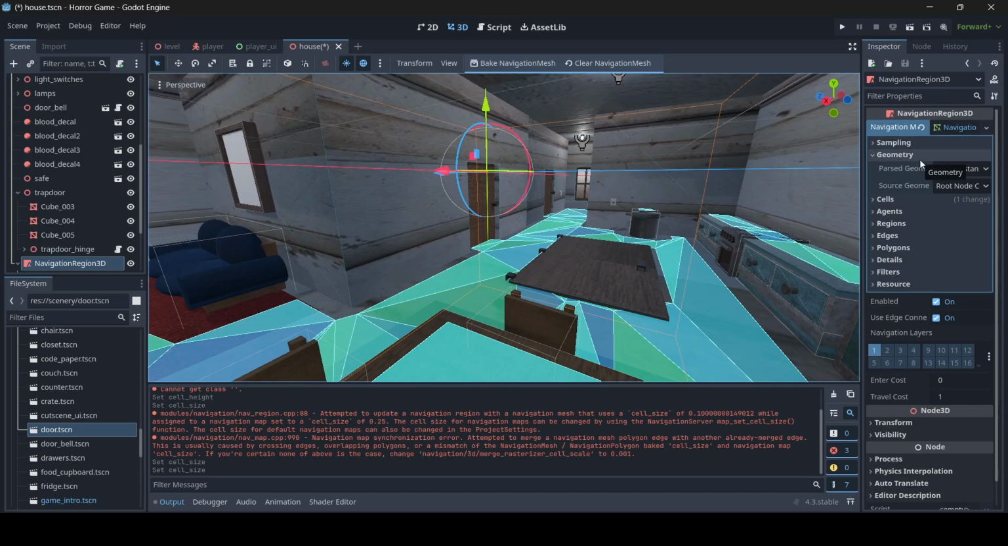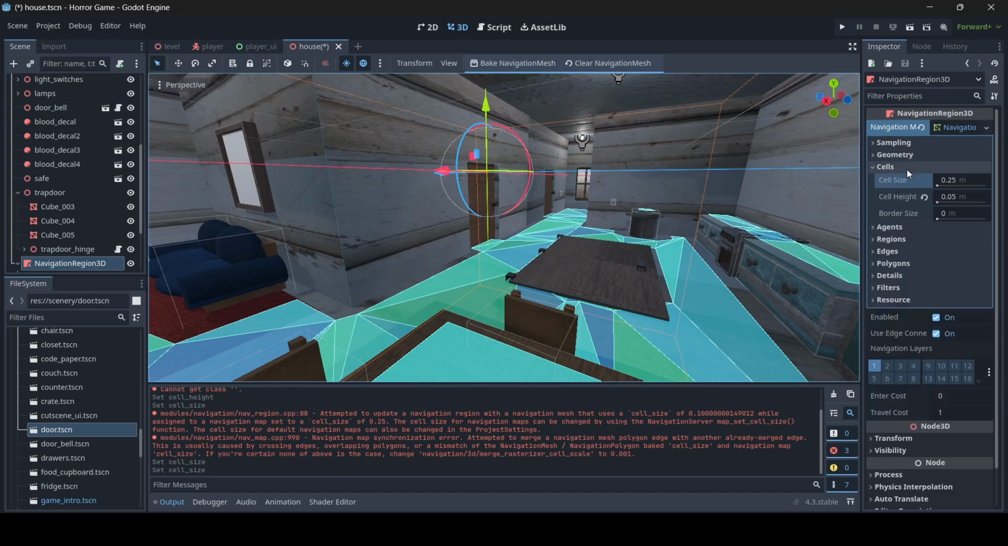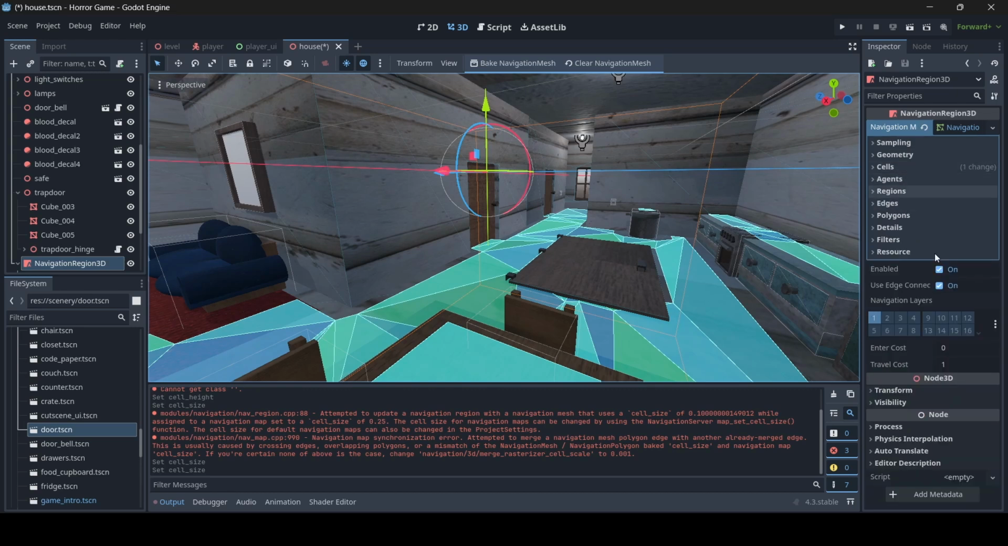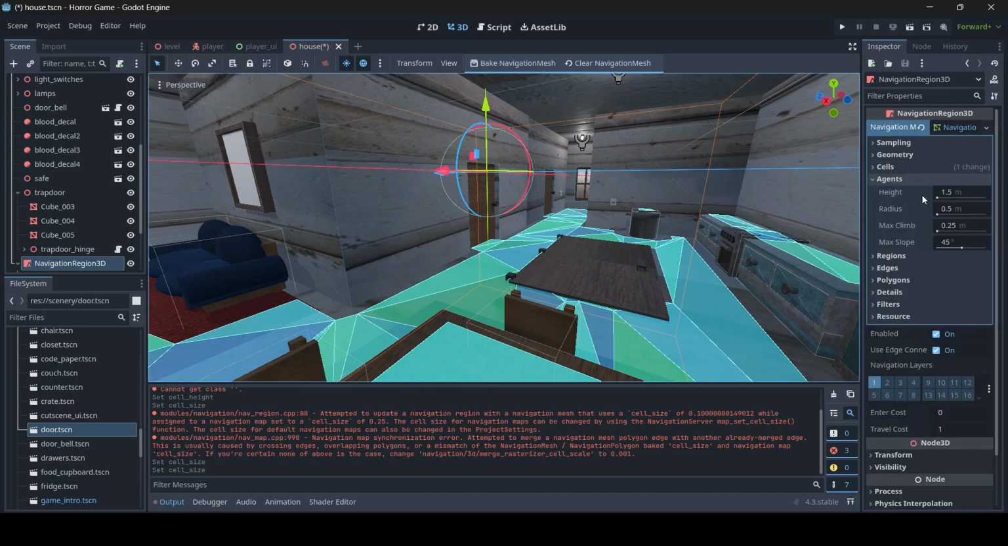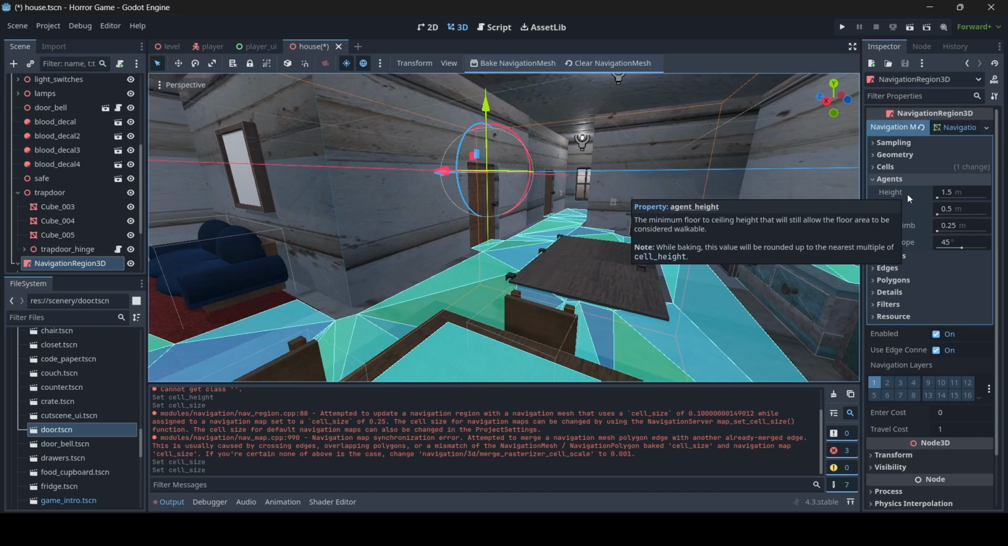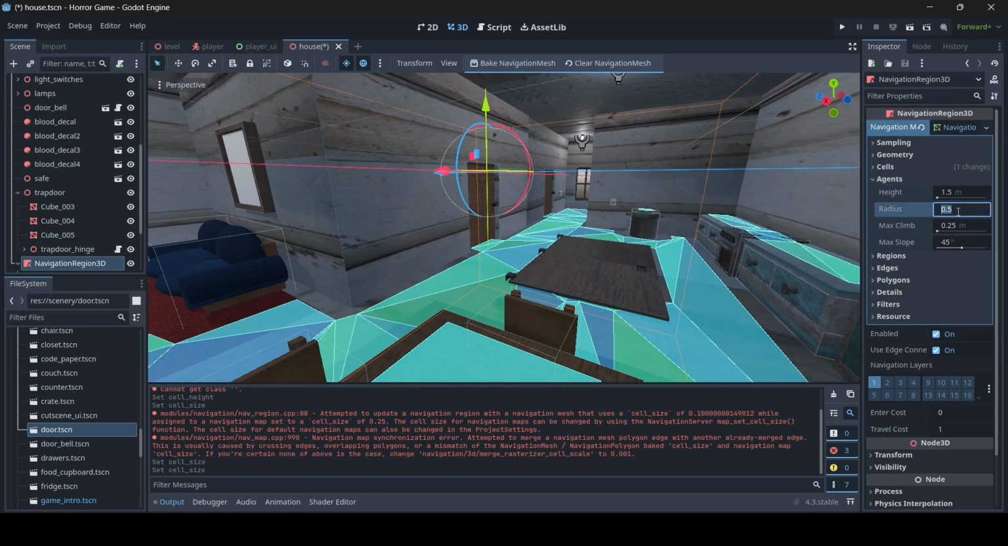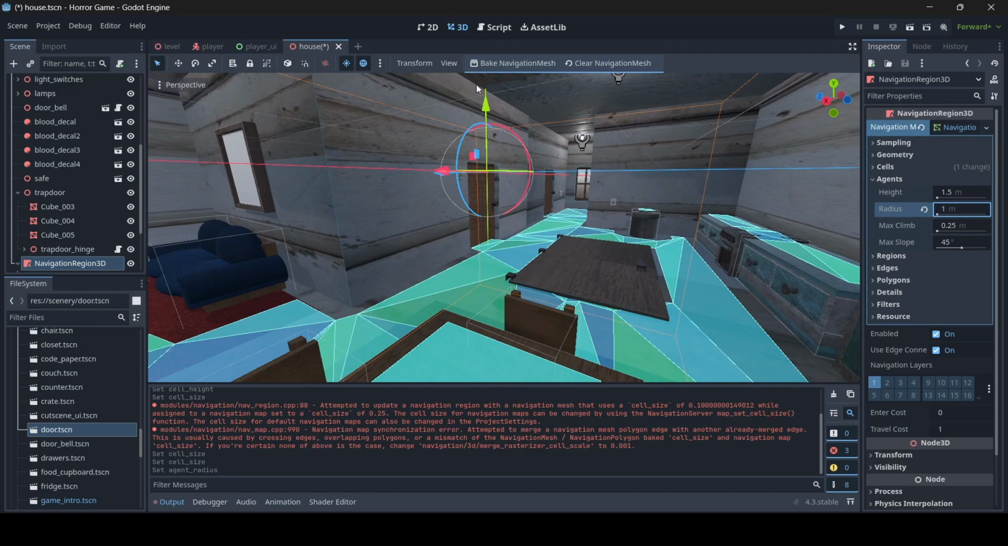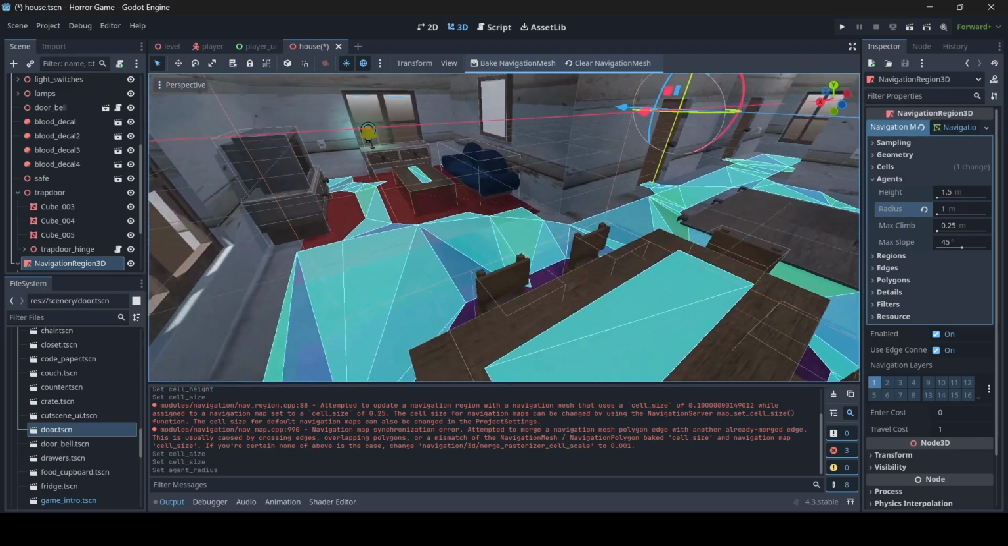Geometry, I usually leave that as default. But yeah, usually all I really mess around with is the cell height. And also we do have other settings here like the agents, so we can actually set settings for our navigation agents. So if I was to set the radius to 1, for example, as you can see, that actually gives